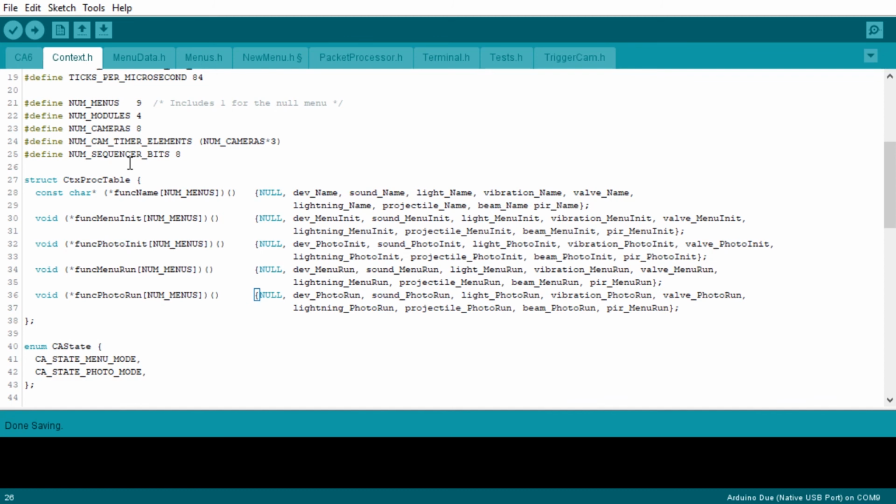We've got these function tables. And this was just an experiment I was running earlier. What it should be is we would go distance name